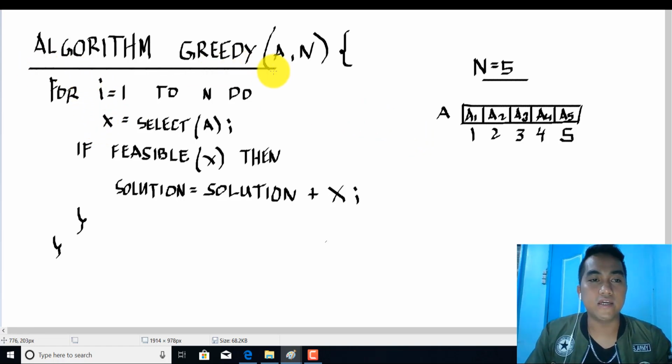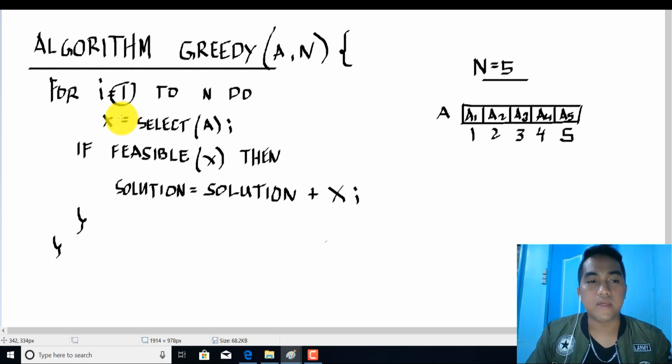So I have the greedy algorithm. From 1 to N, all those solutions will be passed through this algorithm. All those inputs will be passed through with a given algorithm. So I have here select A from the given inputs. If that select A